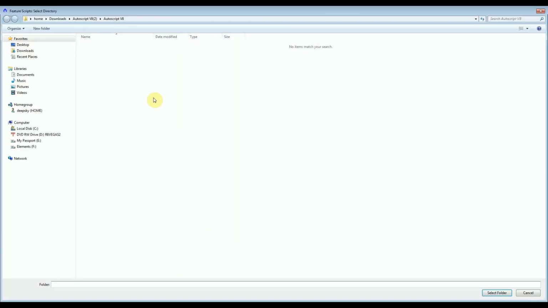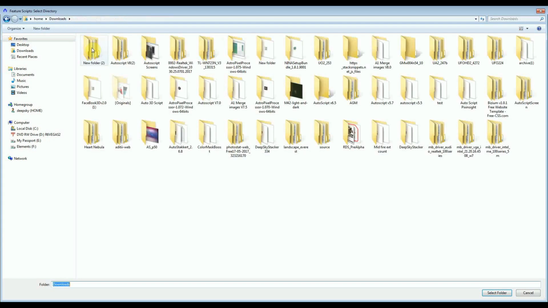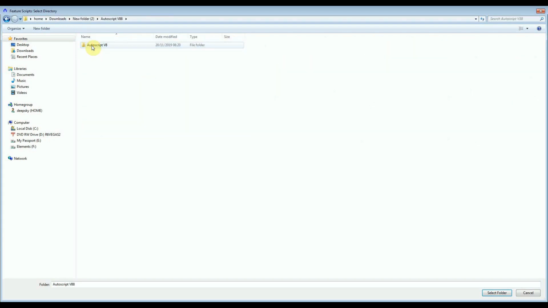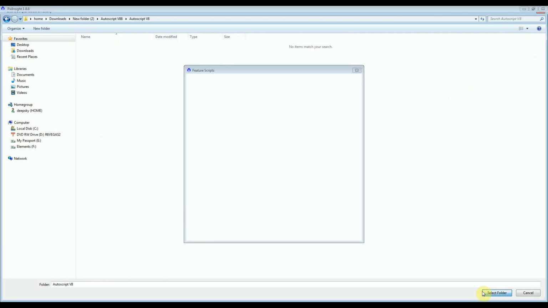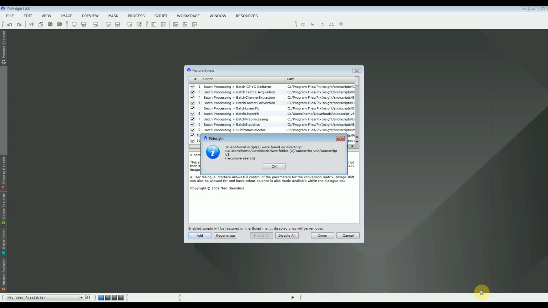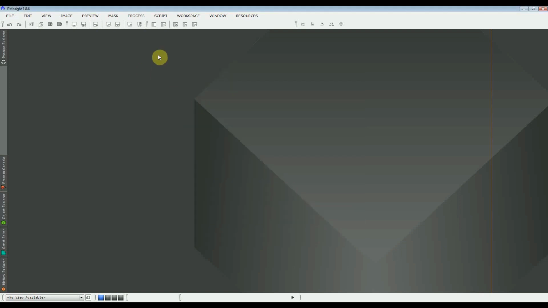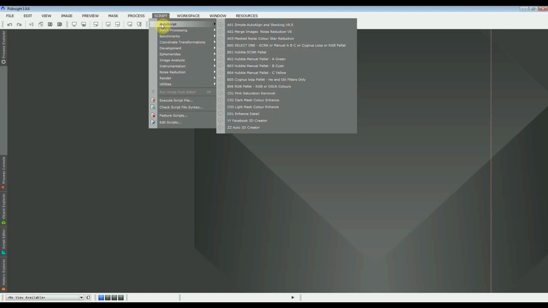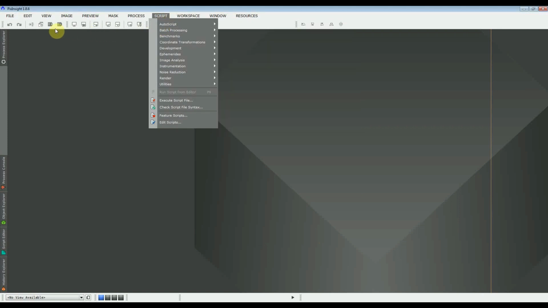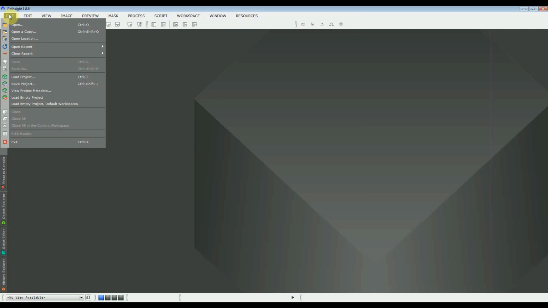scripts. I need to go to the actual proper folder. That's the right one. Press select folder. You won't see the scripts, but they're always there. There you go. Okay, that's fine. Press done. Right, the new script should be there now. There they go. What I should do, if you're going to get the script installed,